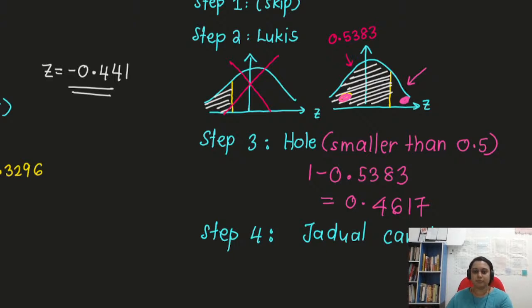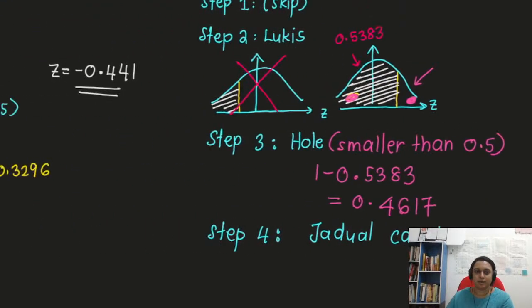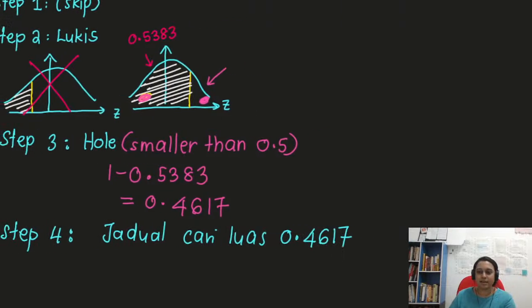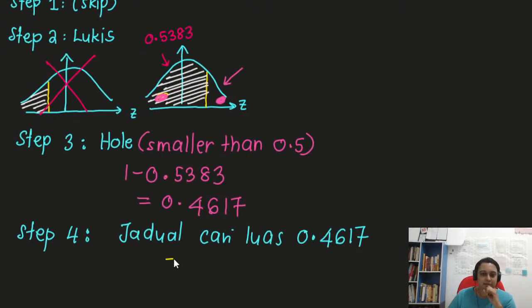Okay, 9, 6. So I already find the luas here. Therefore my Z, this is Z kat sini, positif kan. So 0.096. Z. Okay. So we completed